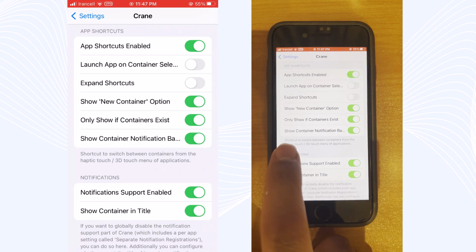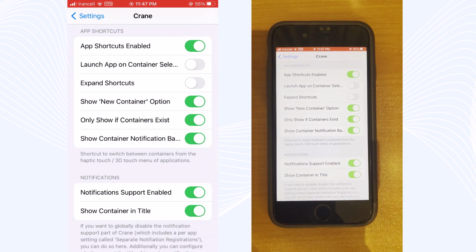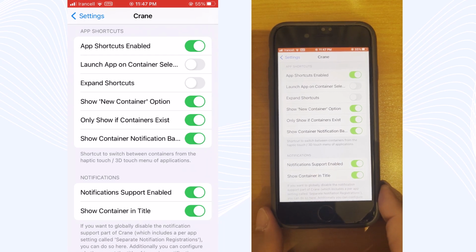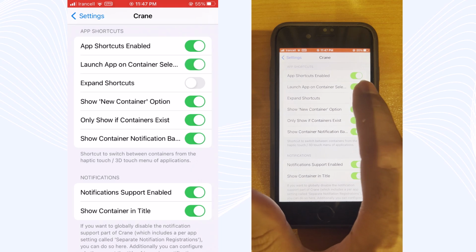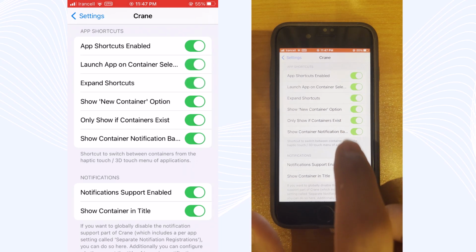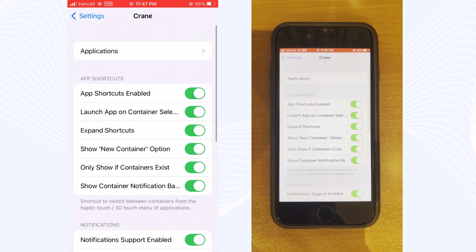And here, as you can see, the shortcuts will work with 3D Touch, or even for low-end devices it works for you, no need for 3D Touch. And we will just turn on these two toggles, Launch App on Container and Expand Shortcuts.